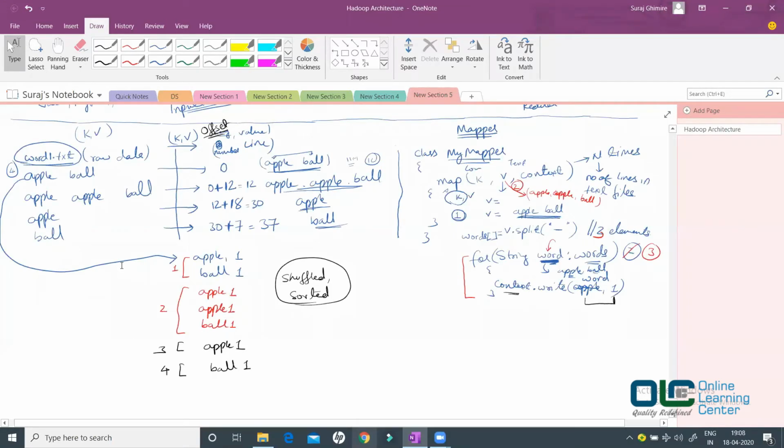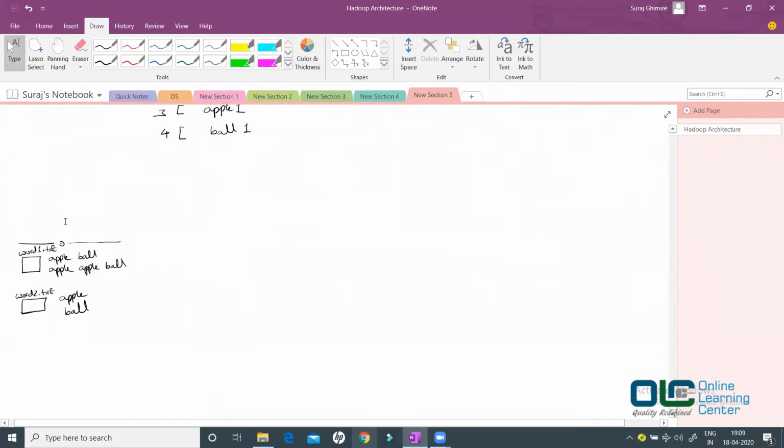The objective of the program is word count, final word count, right? So as per my understanding, when I'm processing just word1.txt, I'll get apple, how many? 1, 2, 3, 4, and ball I will get 1, 2, and 3, right? Now here, I'm not talking about the individual output of individual files. I'm talking about the overall objective.